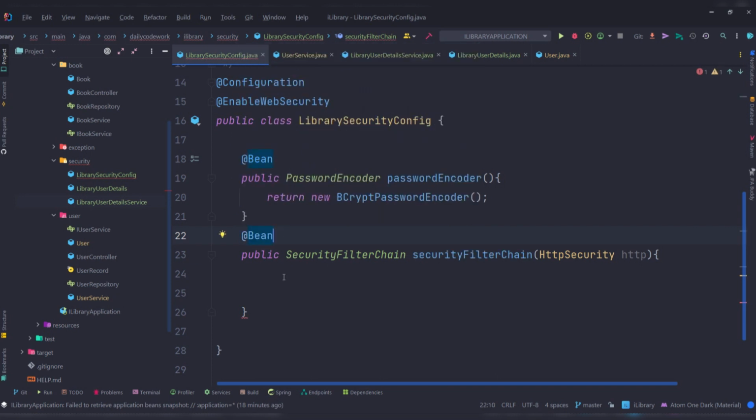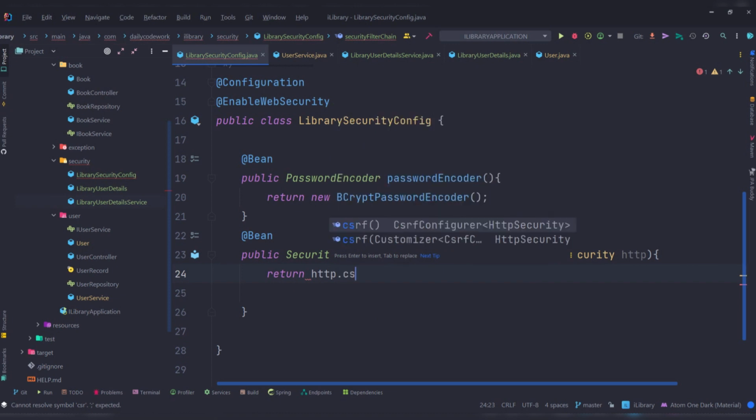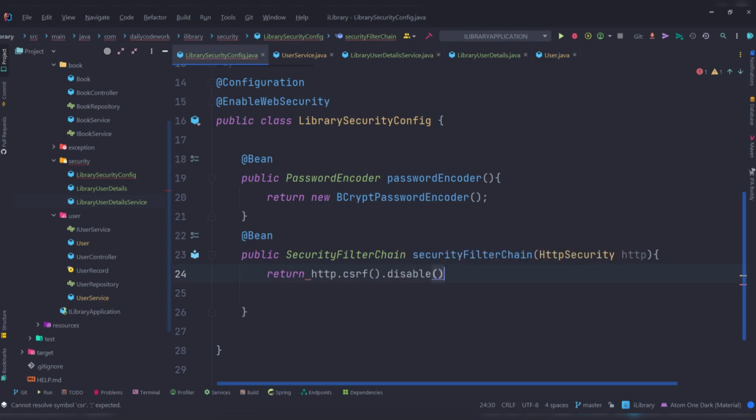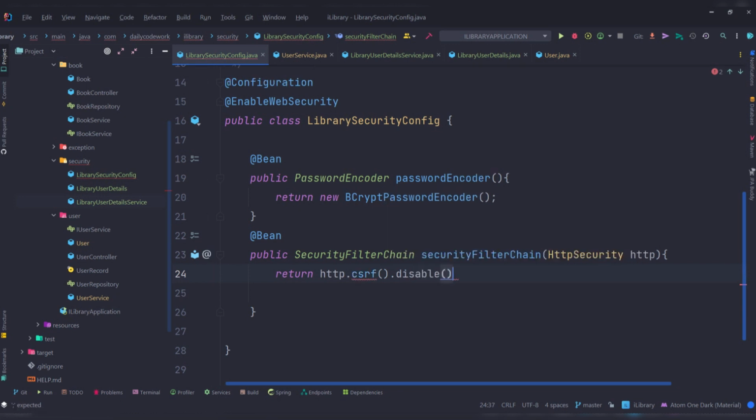Okay, cool. So the first thing we're going to do here is to disable the CSRF. So here I'm just going to return http dot csrf dot disable. We're going to disable this, and then we're going to say dot